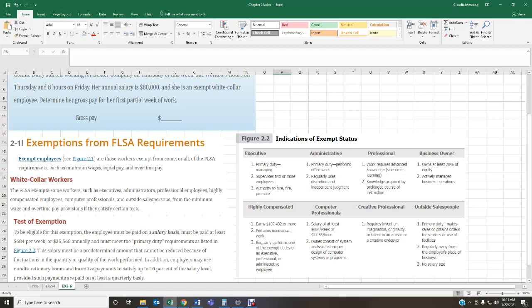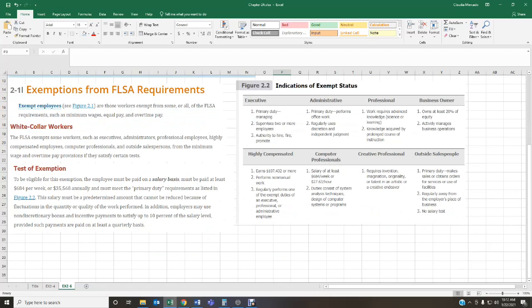Okay, this is a white collar employee. The FLSA exempts some workers, such as executives, administrators, professional employees, or highly compensated employees, computer professionals, and outside salesperson from the minimum wage and overtime pay provisions if they satisfy certain tests. And then the textbook provides you some of the test information. So it says to be eligible for this exemption, the employee must be paid on a salary basis, must be paid at least $684 per week or $35,568 annually,